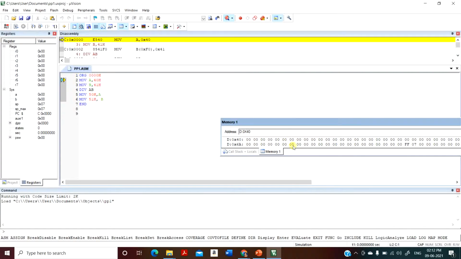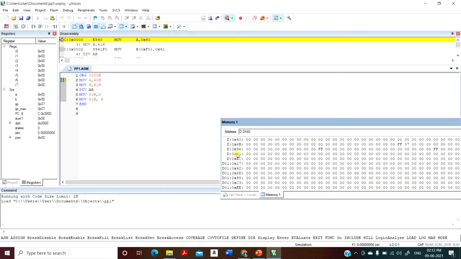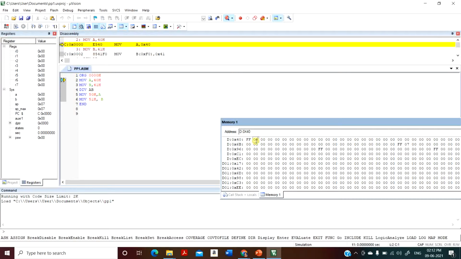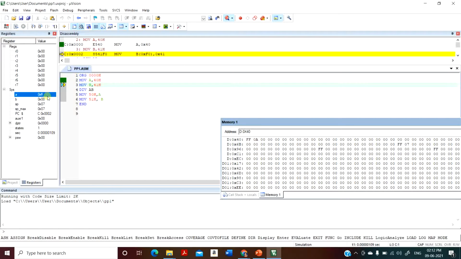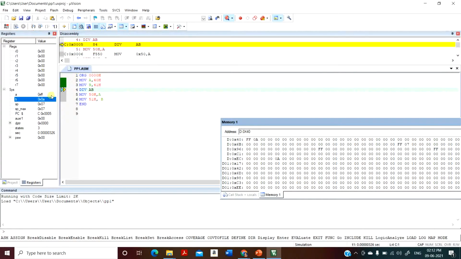The memory locations that I need to consider are 40 and 41. In 40 was supposed to be my dividend, so I will enter FF there, and the divisor was 0A, that I will enter in the location 41H. Now let me do the step-by-step execution. Initially what should happen is that this FF dividend should move to the accumulator. So look at this window corresponding to the registers. When I execute this line of code, the content of the accumulator should change. So the accumulator now has FF, and the B register will now have 0A.